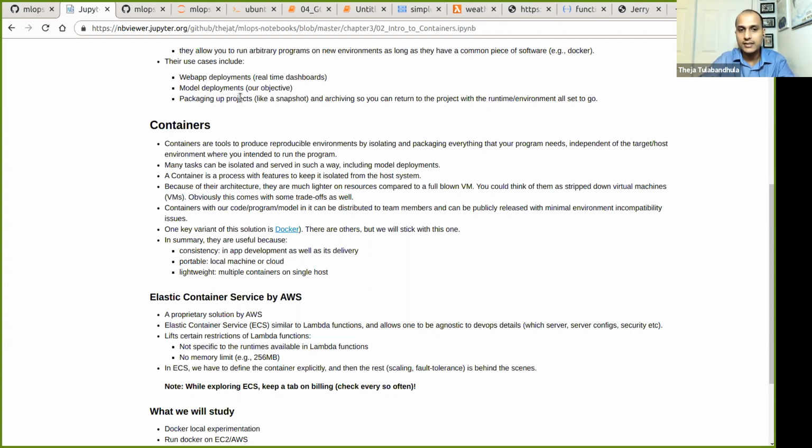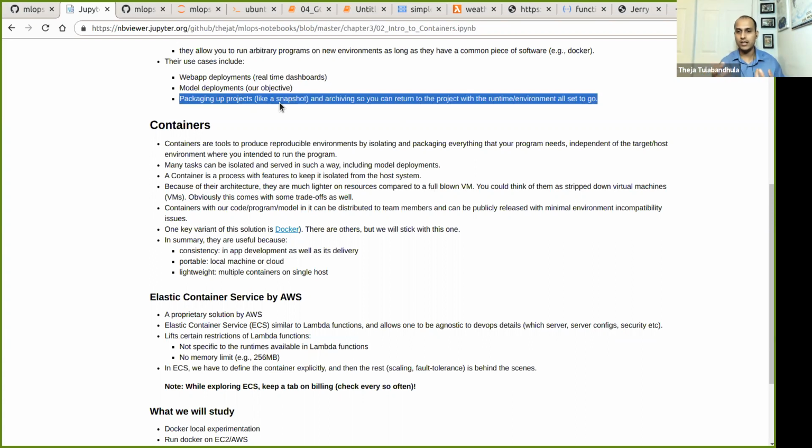For example, you can snapshot your project. Say you worked on a 6-month long project in one of the courses. You can snapshot it all into a container, so that 2 years later, as long as you have packaged it, you can run the same thing and get into the same environment. And not just you, you can share it with other folks, and they can have the same environment, so that there are no issues of, hey, this code is not running now because it's Python 3, whereas when you wrote the code it was Python 2.7, for example, right? You will not have those issues.